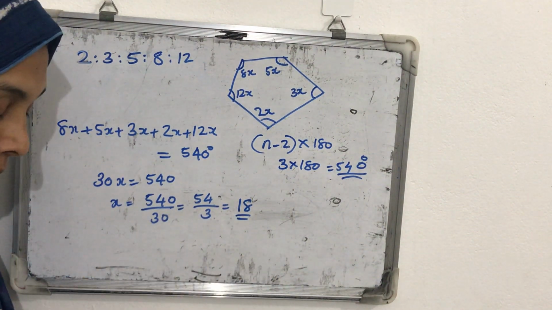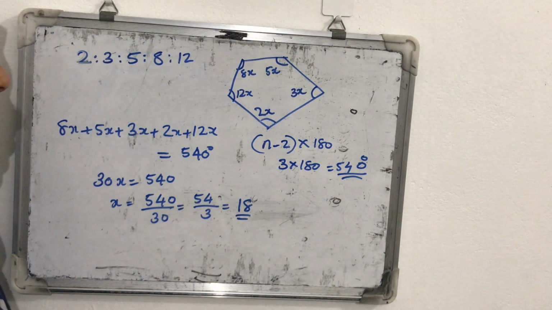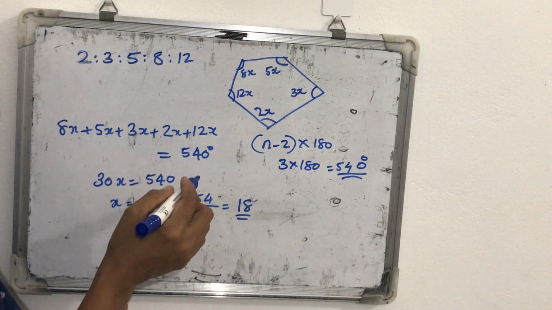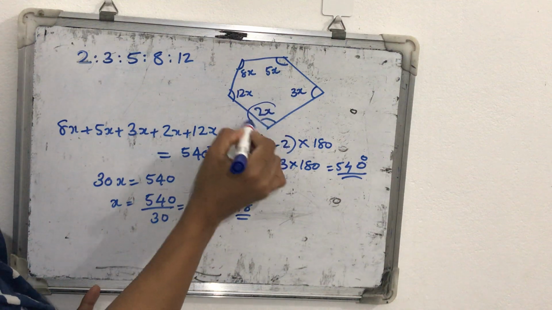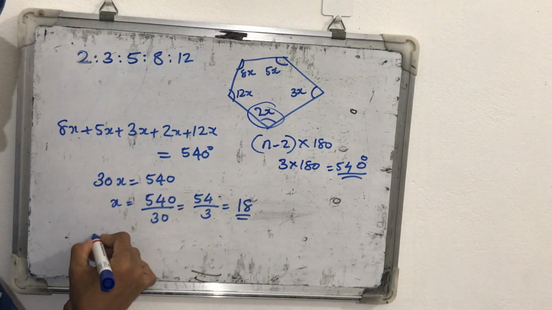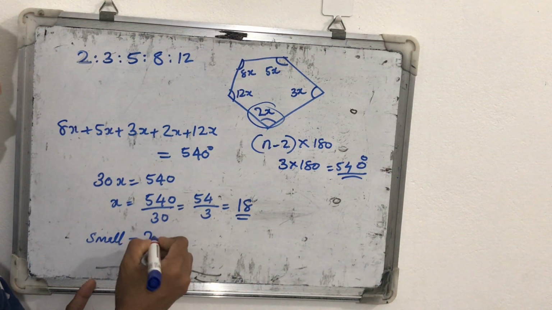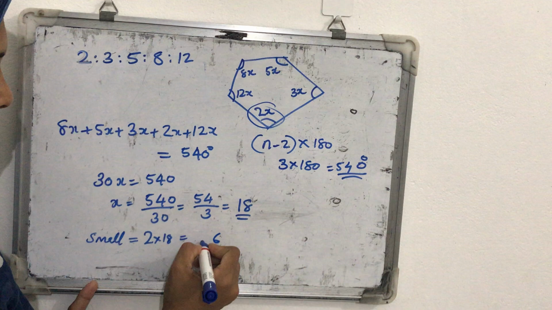So what is the question? What do we want to find out? Find the smallest and the greatest angle. So in this, if the ratios are like this, which will be the smallest angle? The smallest angle will be with 2x. This angle will be the smallest. So the smallest angle is equal to 2 into 18. That is 36